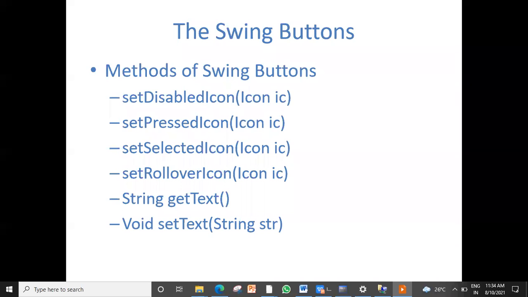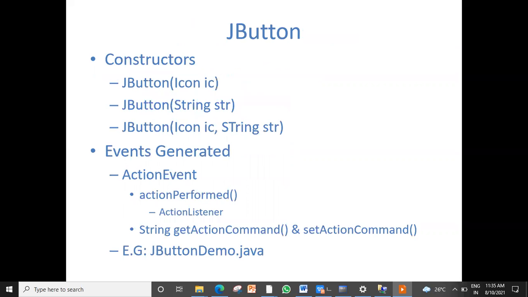Clear? Next, this is important: getText and setText. I have told you about every component, any component, these 2 methods are always there. With getText, you will be able to know the caption; you will be able to fetch it. With setText, you can set the caption in the program. It is a click, but the moment you click, you want to make it clicked. At that time you can use setText. Clear? Yeah. So this is about common methods.